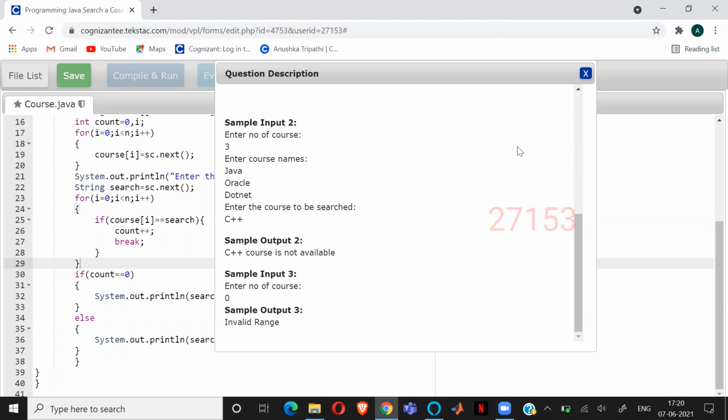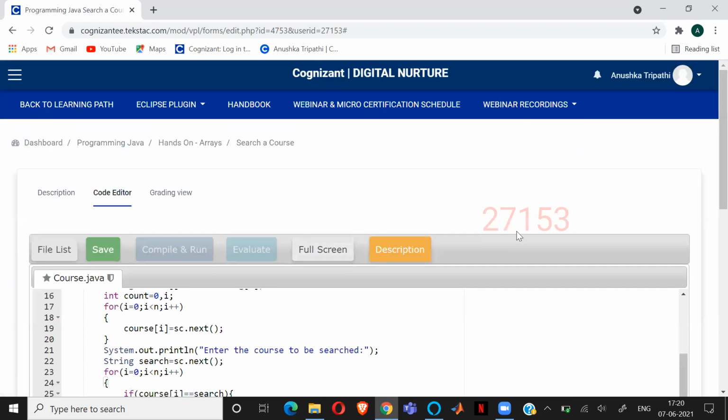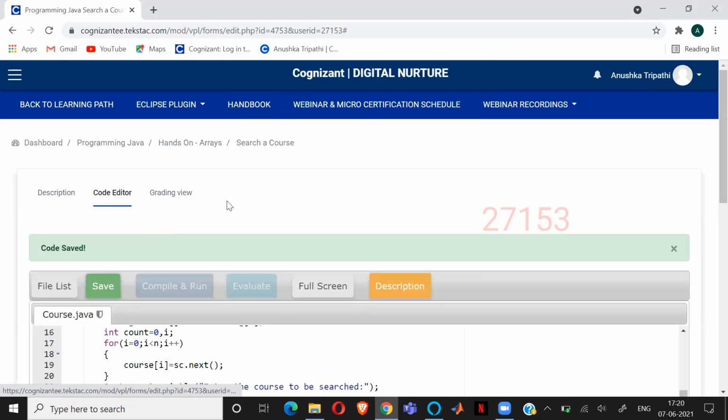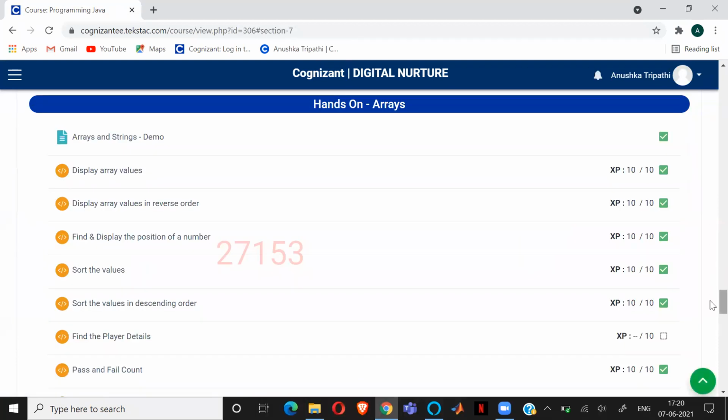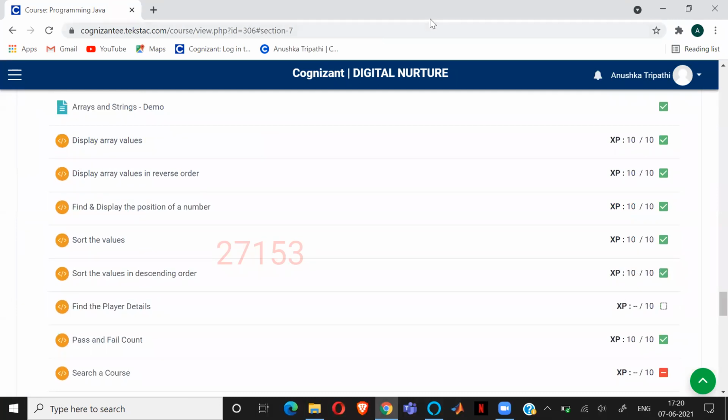Let me check it on my system. Yeah, on your system it will work. Their system is very weird. If I miss a comma also, it shows a lot of errors. Let me check on Eclipse whether it is working. If this code is working fine there, it means that there might be an error in the platform. Otherwise, there might be an error in the code. Yeah, okay. I'll upload and try.